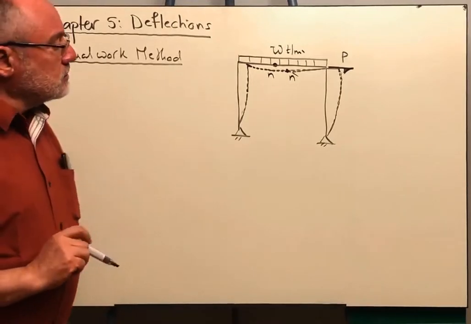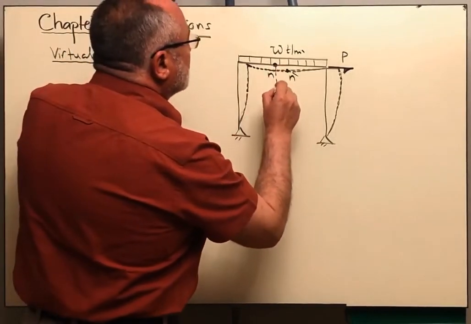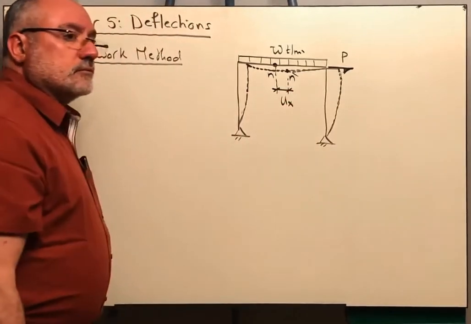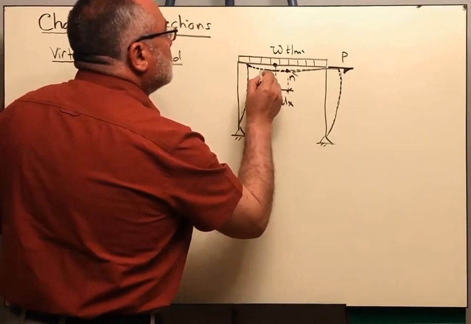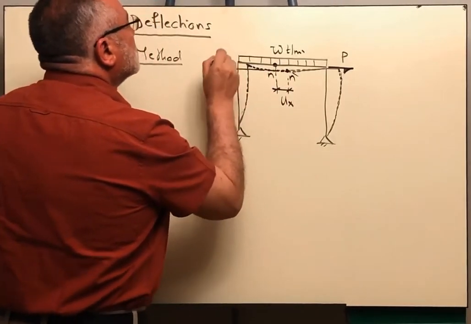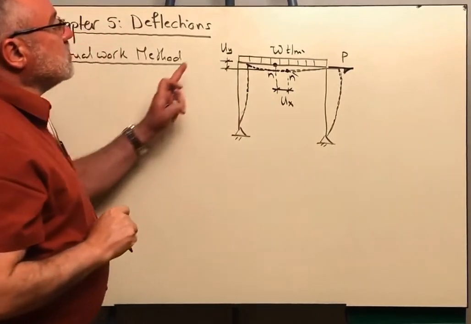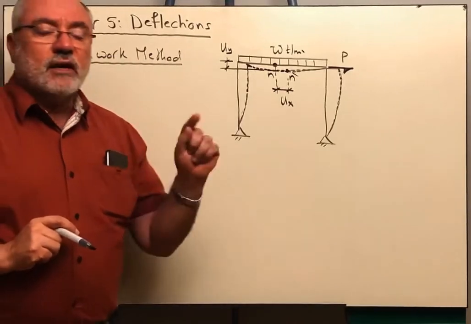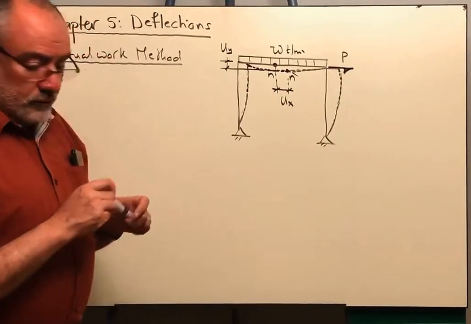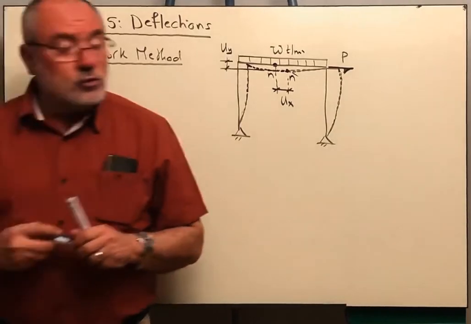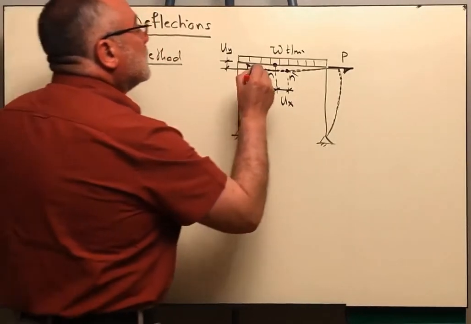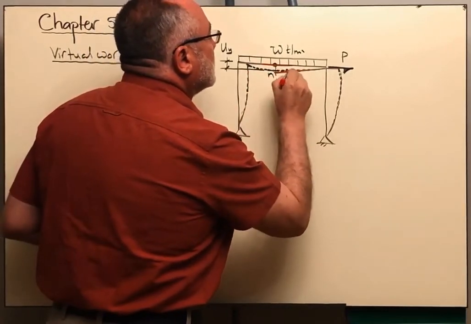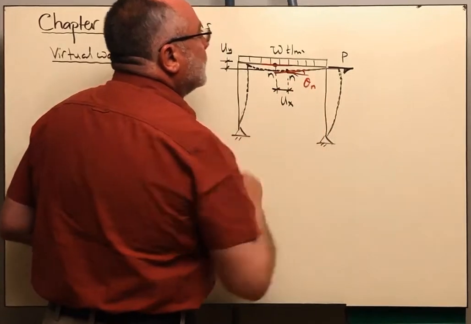We notice three things. We notice that point N moved in the X direction UX, and also moved in the vertical direction UY. So this is the vertical deflection, and this is the horizontal displacement or deflection at point N. Also, the tangent to the elastic line. Here, the central line is horizontal. Here, the central line is inclined with an angle theta